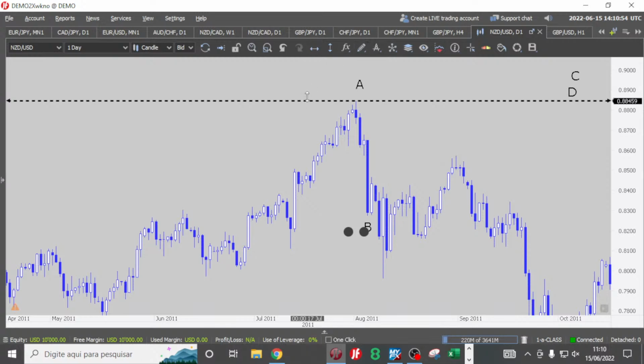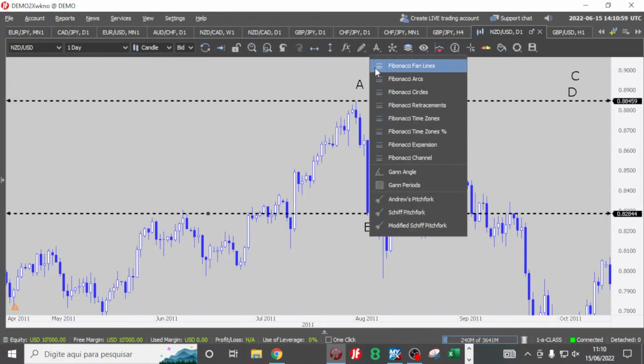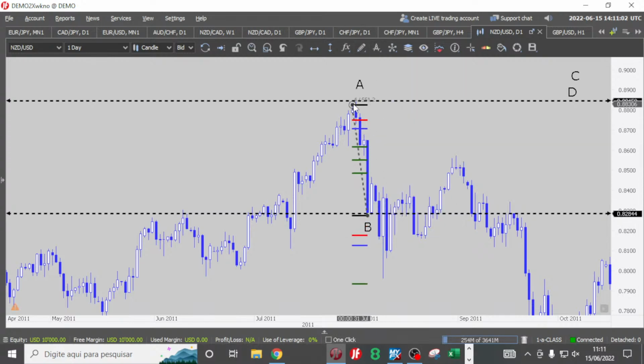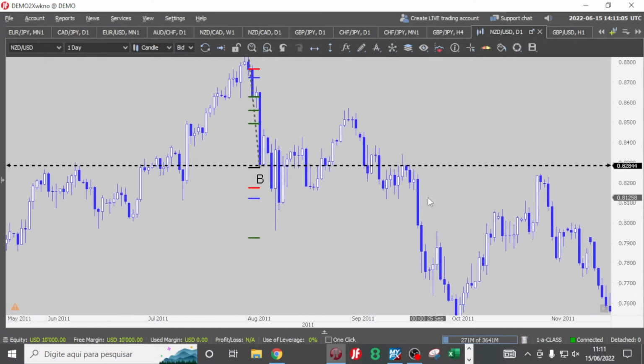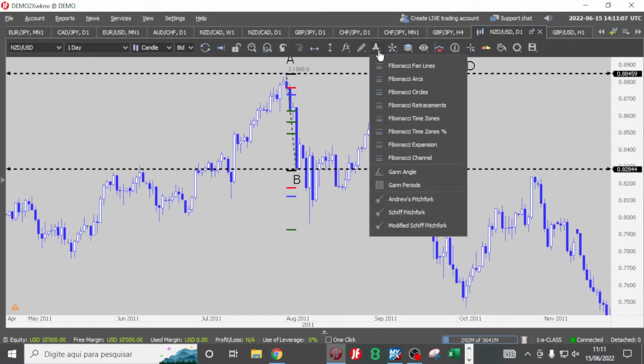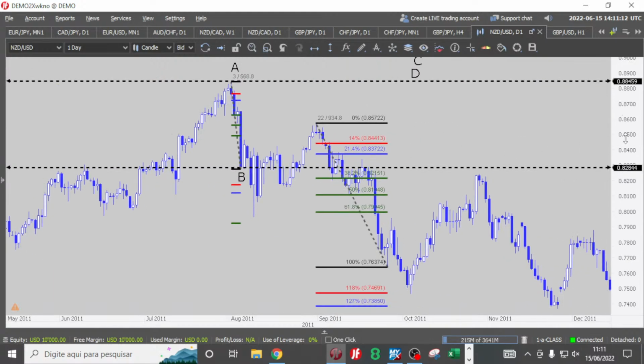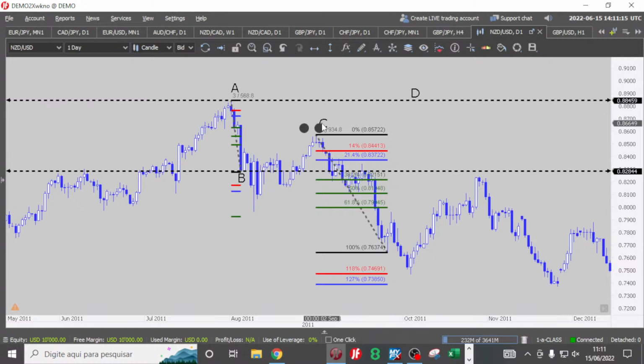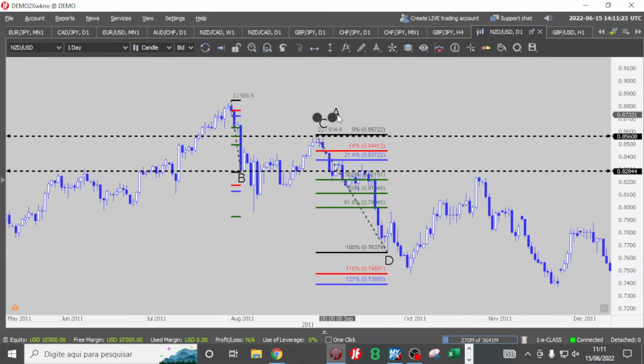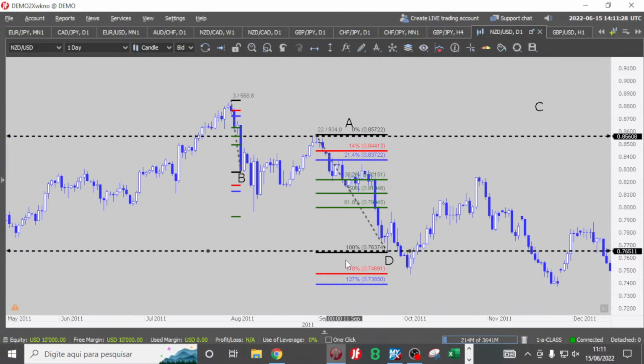After the A, clone the horizontal line and spread the Fibonacci retracement tool from B to A, right? And then green goes to green, Fibonacci retracement tool, green goes to green, and this is the new sequence, ABCD. This is the C, and down in here this is the D, right? And then we learned that A goes to C, something like this, and we learned that the B goes to the D, right?